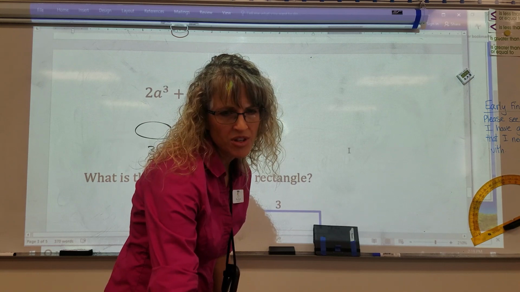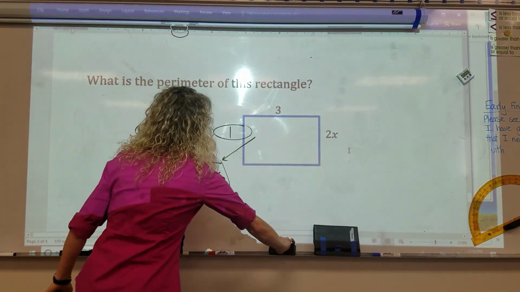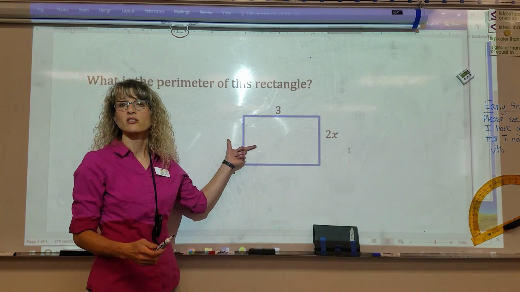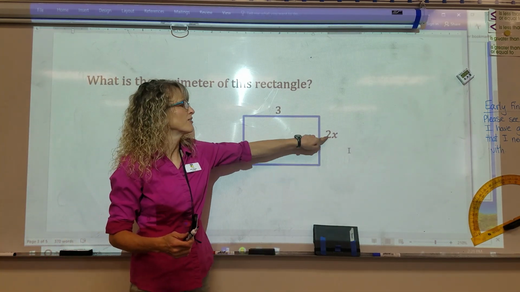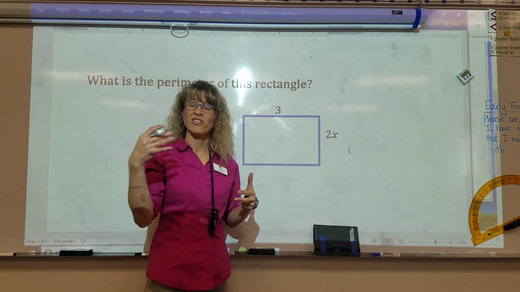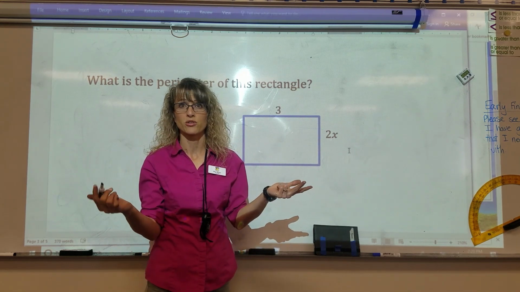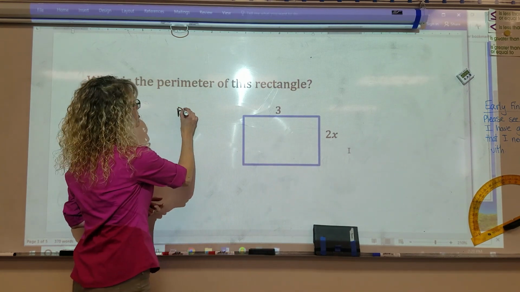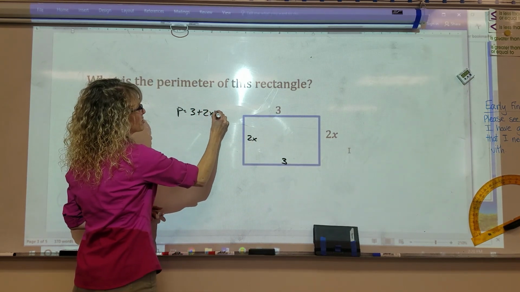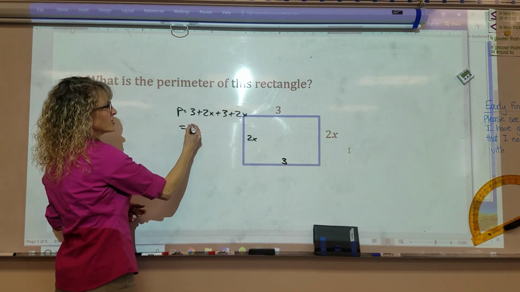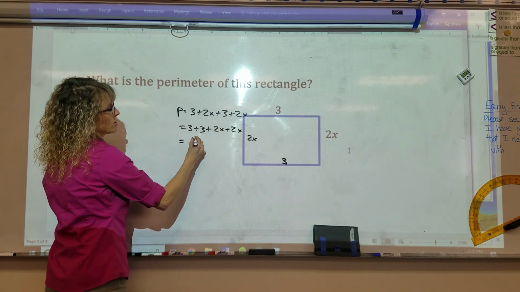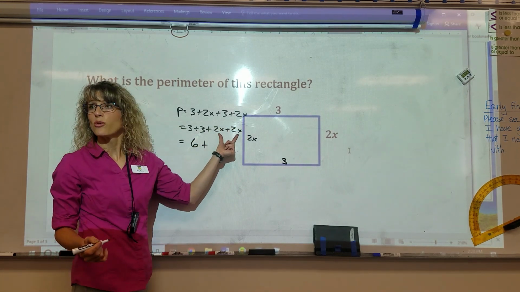So I'm going to skip this one, and we're going to talk about an application of this. When would you simplify like terms? Say you have a flexible rectangular object. Flexible meaning variable: the value of x can change. I want a general formula, so no matter what value I put in for x, I have a formula ready to go to calculate its perimeter. Perimeter equals 3 plus 2x plus 3 plus 2x. Putting like terms together, 3 plus 3 is 6. 2x's plus 2x's gives me